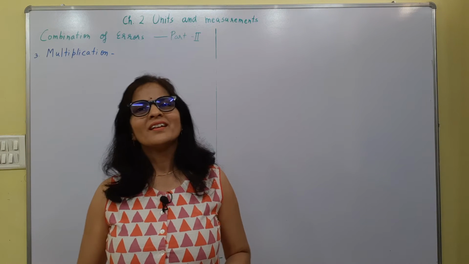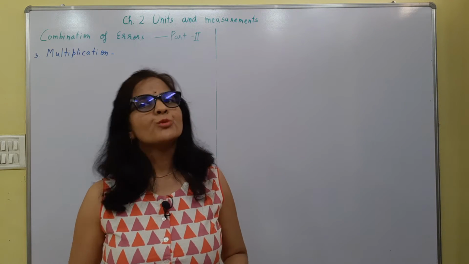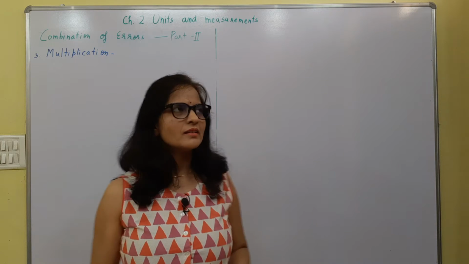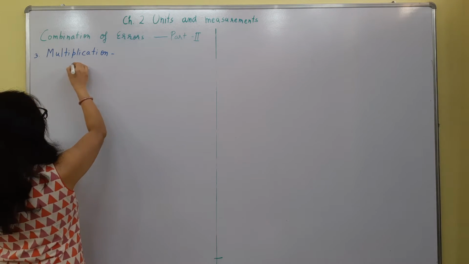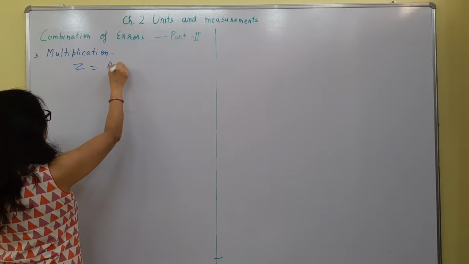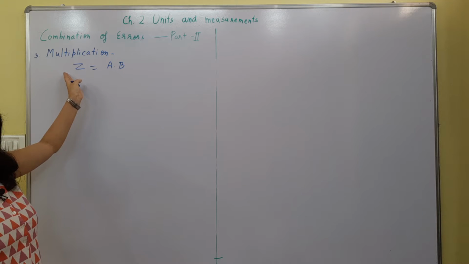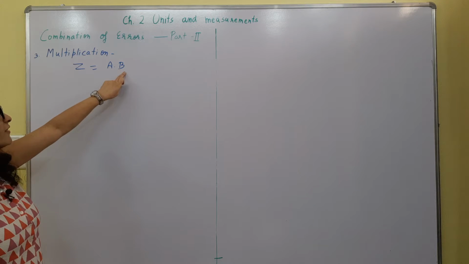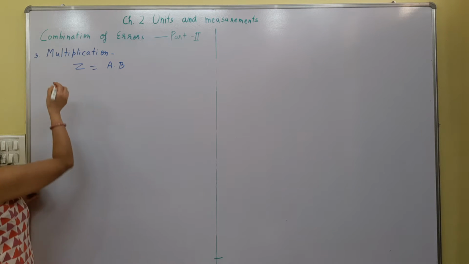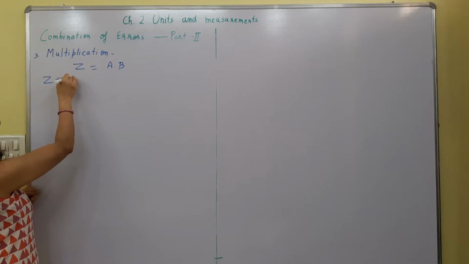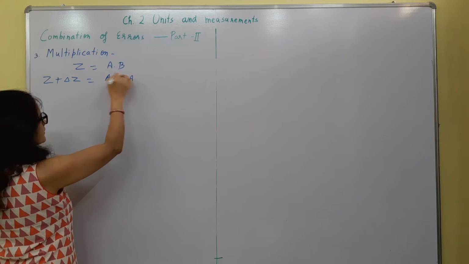Hello everyone. Now we'll discuss the error in the multiplication of two quantities having errors. So let's start. If we have a physical quantity which we write like this, z is equal to a into b, right? If these are not having errors, this will directly have an accurate value. But if these are having errors, there will be an error in this quantity too as well. So what will we write? For the errored case, we can write it like this, and this we can write like this,